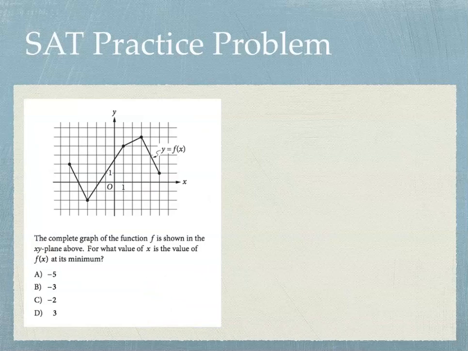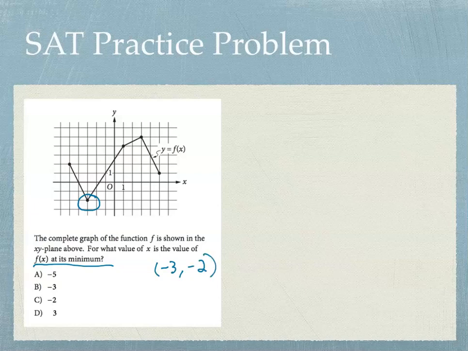The complete graph of the function f is shown in the xy plane above. For what value of x is the value of f of x at its minimum? So I would need to find two things. I need to find where the minimum is and then the x value that goes with that minimum. So the minimum, they're talking now absolute minimum. If f of x is at its minimum, that's implying that there's only one, so we're talking about that absolute minimum. And while the coordinates of that absolute minimum are (-3, -2),